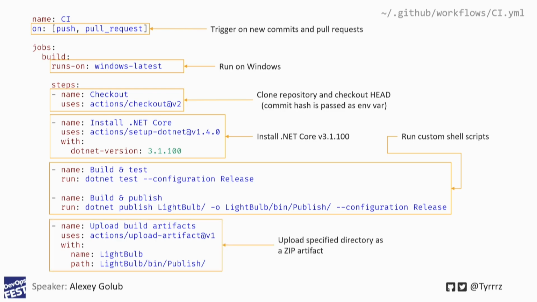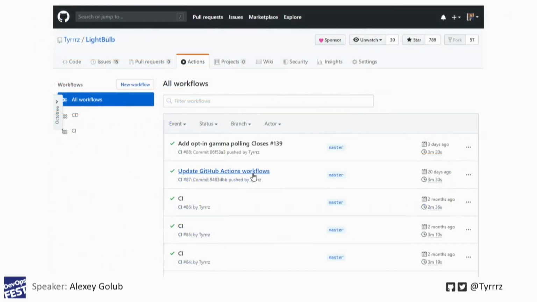And then finally, after I have those artifacts in a directory, I just want to upload them to the artifact section of my workflow. So whenever a workflow completes, you will see an artifact section where you can download any files that you have uploaded. So here I just want to upload all of those things, and I just specify the directory that I built my artifacts in and use the upload artifact action. And then once that's done, this is more or less how it would look.